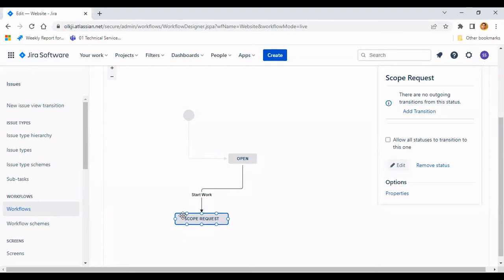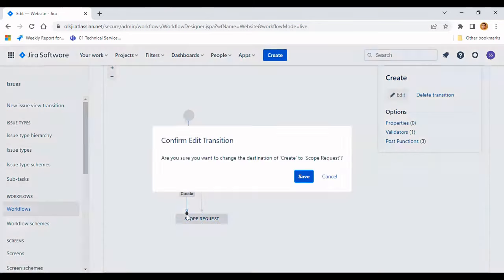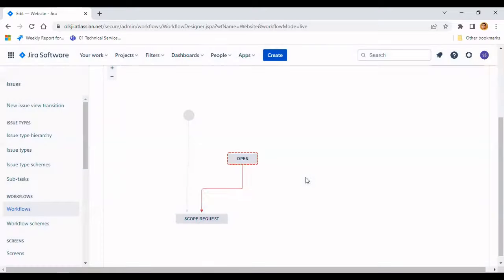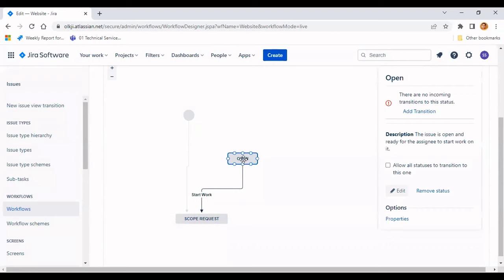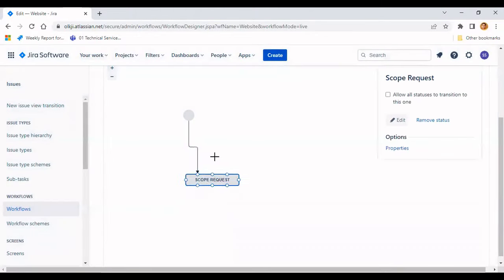Now what we can do, okay, now you can see we have this create with the direct scope request. Now we can remove this. Are you sure you want to remove the status open? Yes. Now we have the one which we want, right? Now you can see by default it's create. It's a little difficult if you do with the mouse, but yeah, you can see, right? So this is the create a scope request.